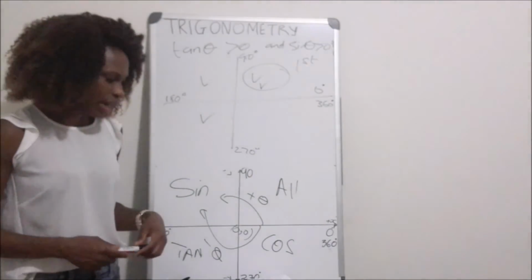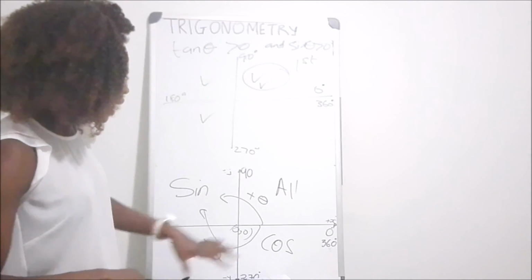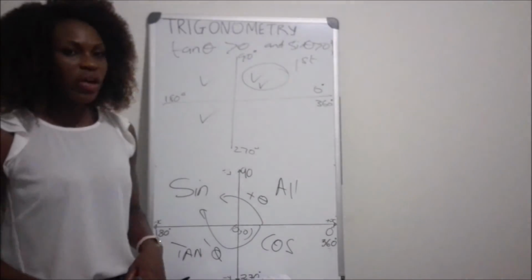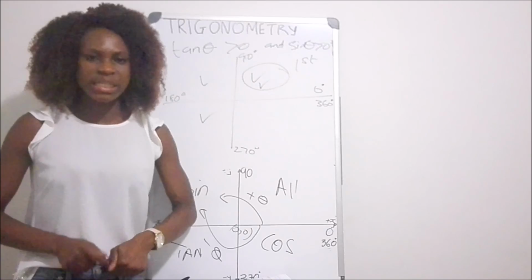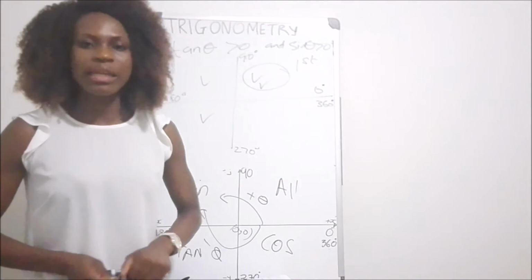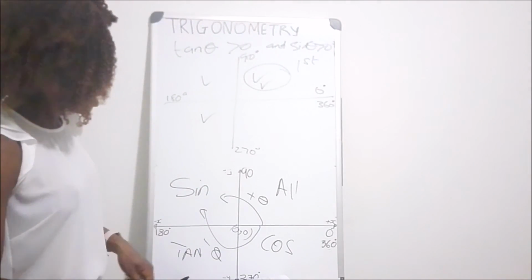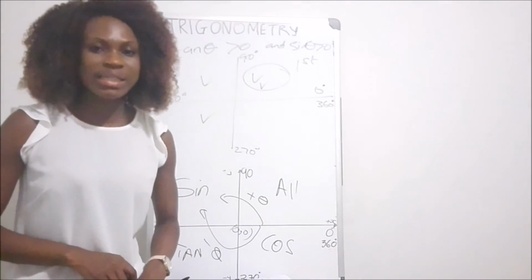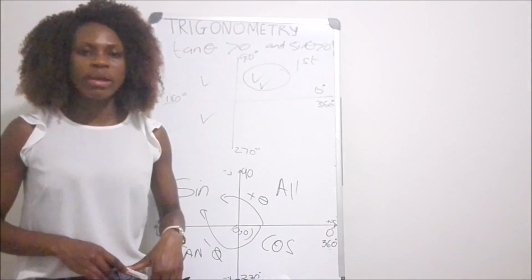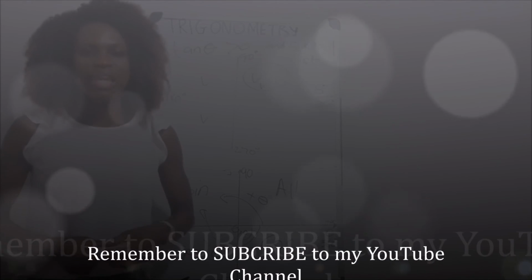Just a quick recap, guys. When you are dealing with trigonometric ratios in a Cartesian plane, remember to draw your Cartesian plane, and know that if you are measuring an angle in an anti-clockwise direction, that means the angle is positive. But if you measure the angle in a clockwise direction, that means that angle is negative. Also remember All Students Take Care, which starts from the first quadrant going anti-clockwise into the fourth quadrant. But if you use CAST, then you start from the fourth